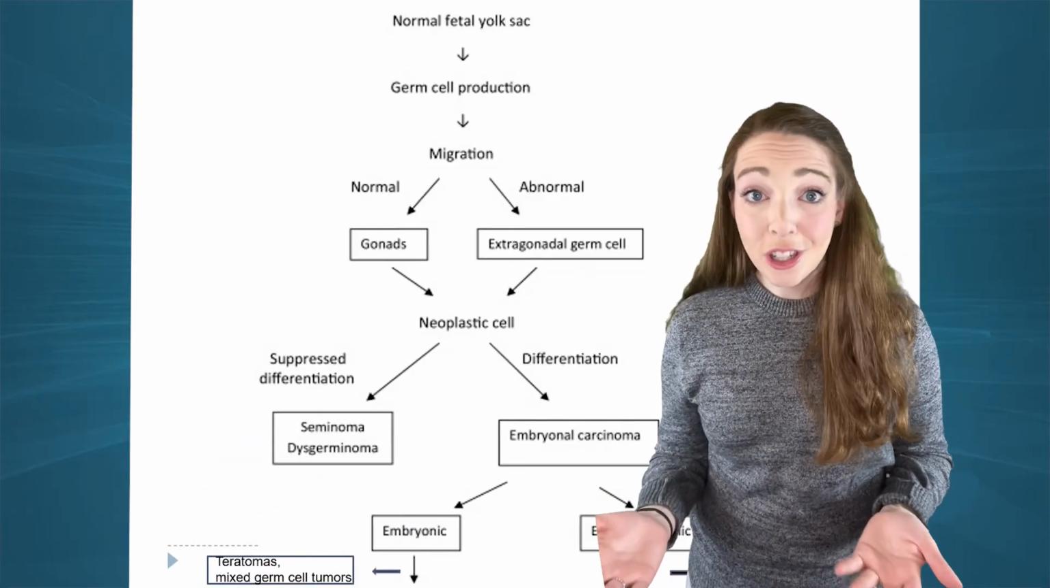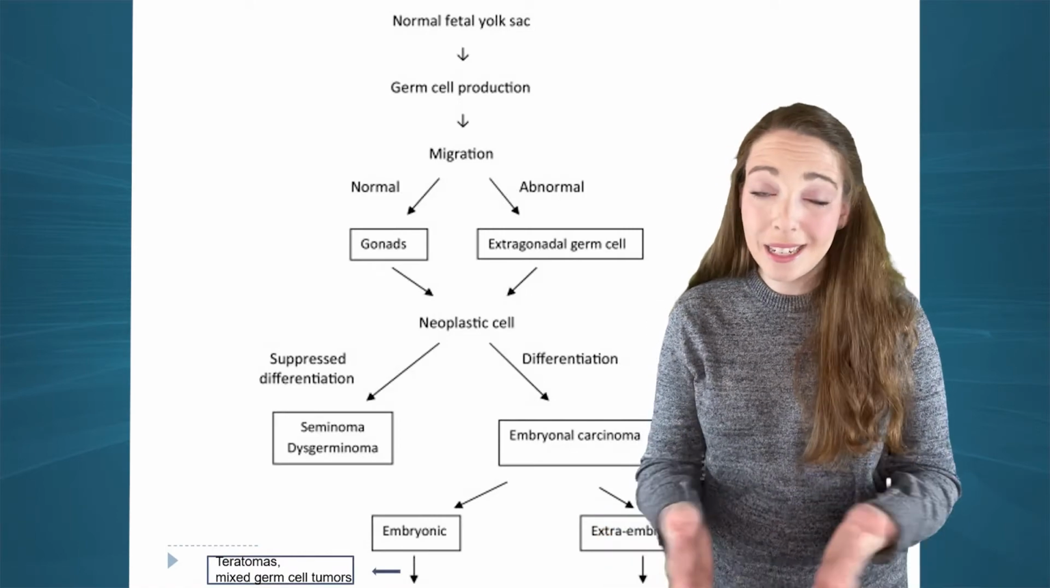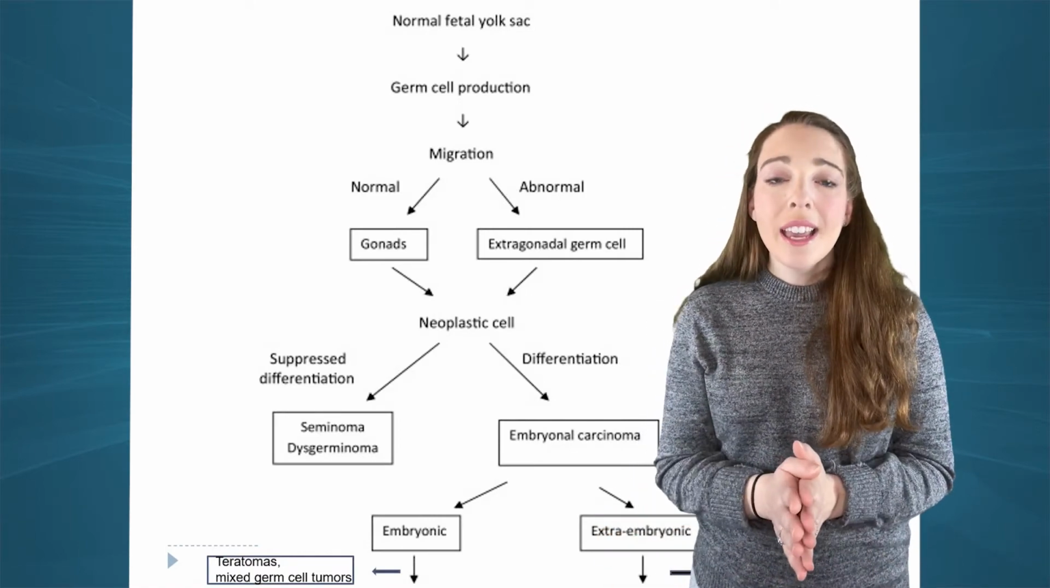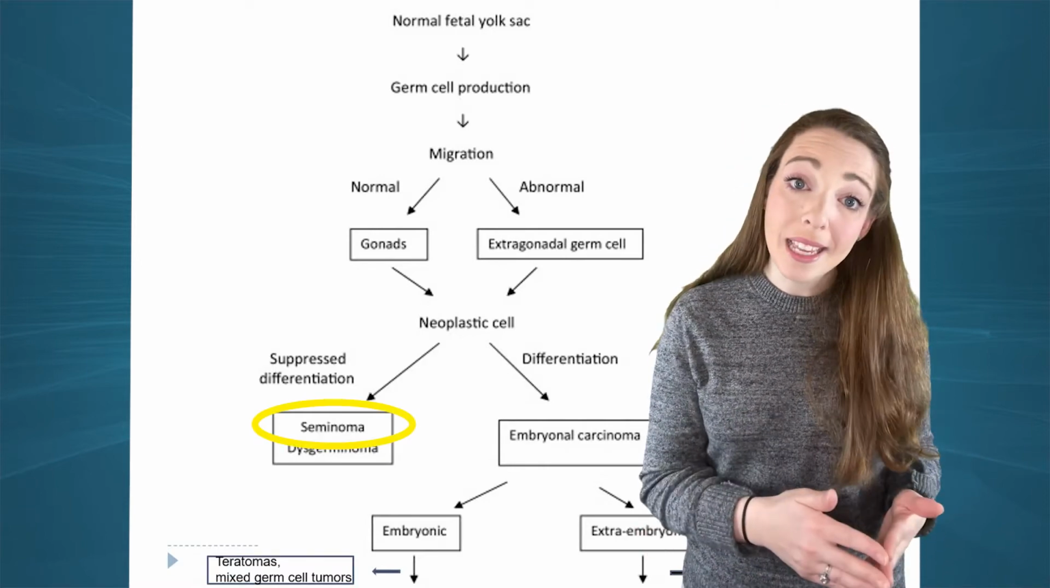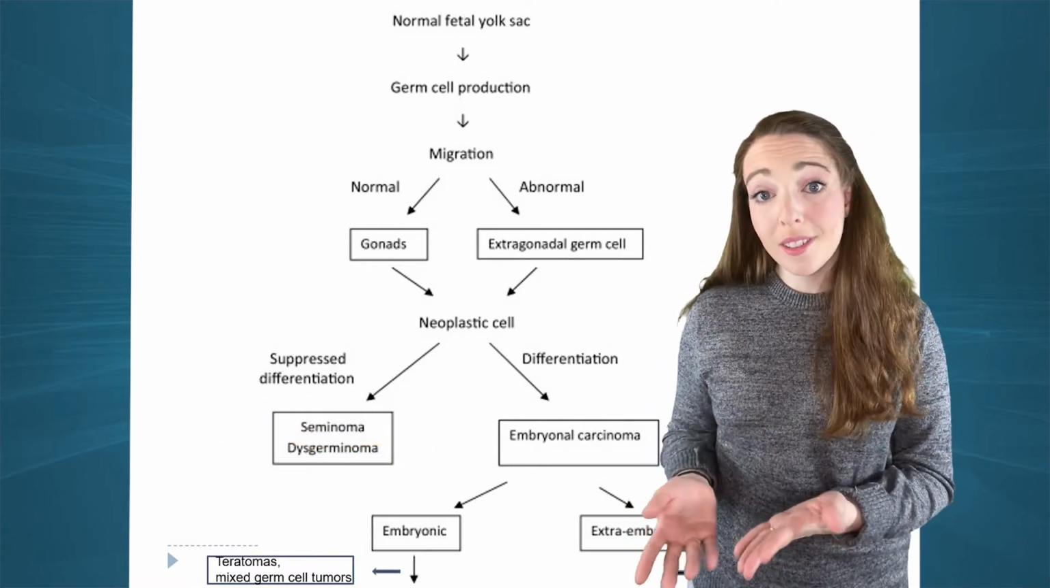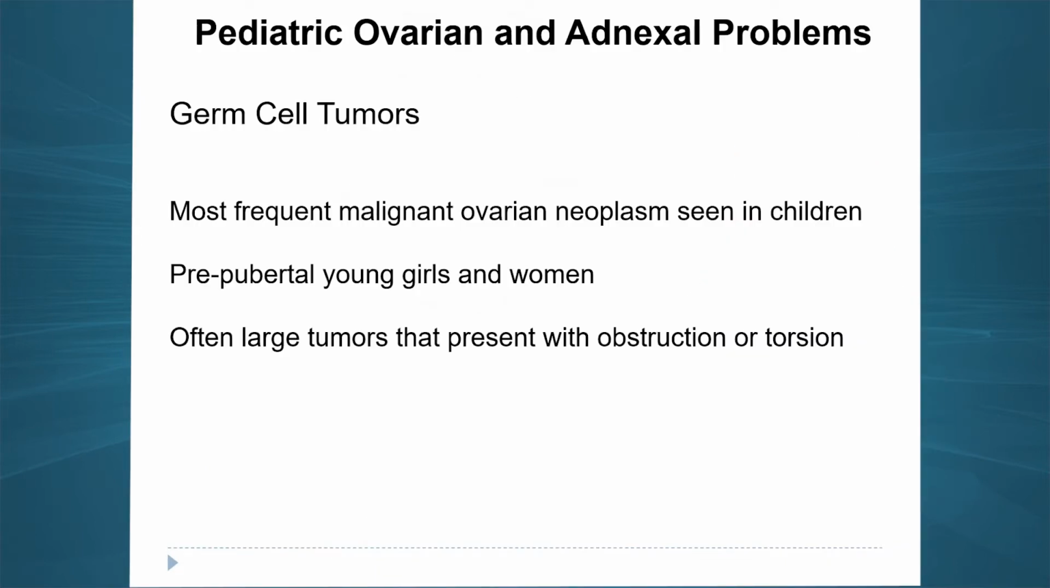Now, that's if differentiation all goes as planned, and we know that doesn't always happen. So if they don't differentiate properly, we classify them as seminomas in boys and dysgerminomas in girls. So germ cell tumors are really common in terms of the malignant neoplasms that we see in children. You see them in both prepubertal young girls and in girls that have undergone puberty as well. And often they present with really large tumors that can obstruct or